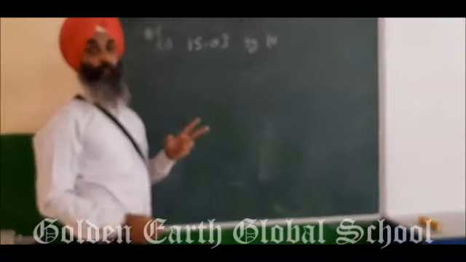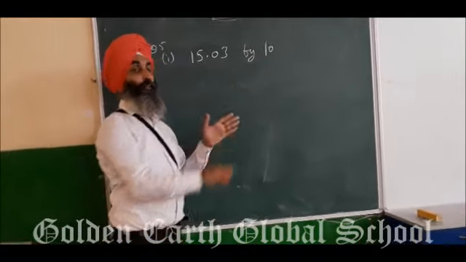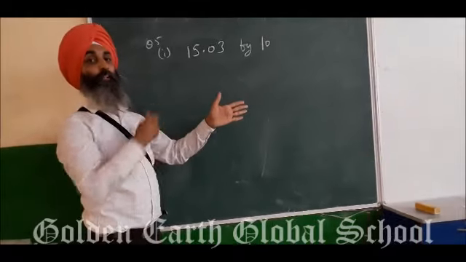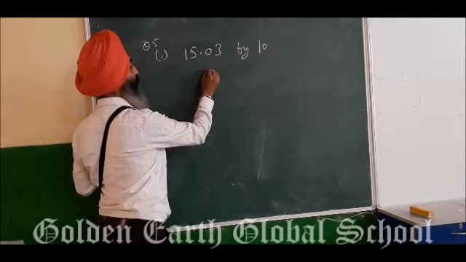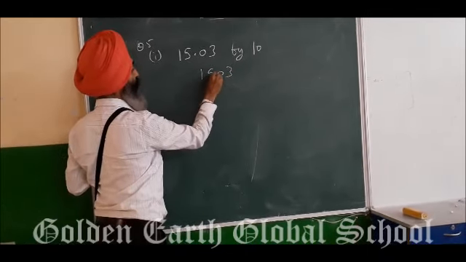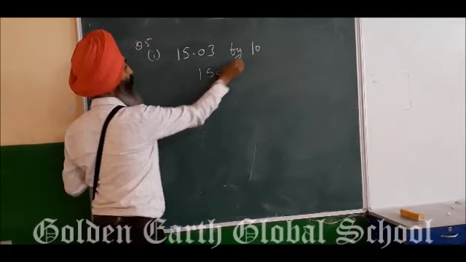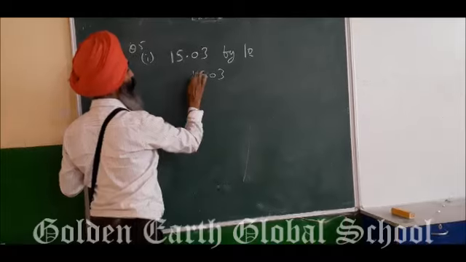In multiplication, I have told you the decimal is shifted to the right side, but in division it is shifted to the left side. So if you divide by 10, this decimal shifts left side. Here it is 10, so it jumps only one time. So this is your answer,